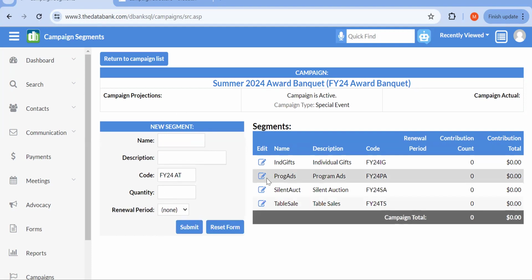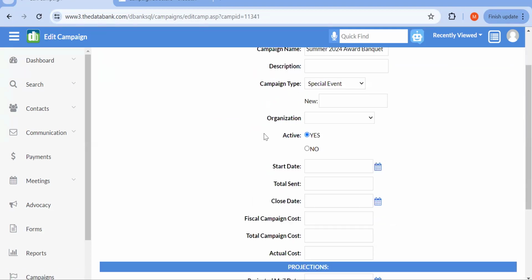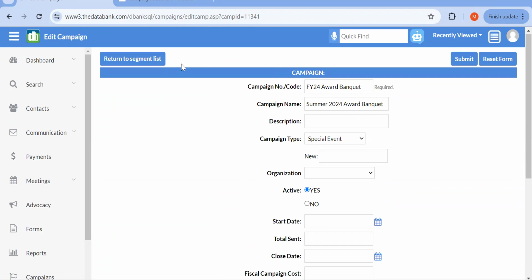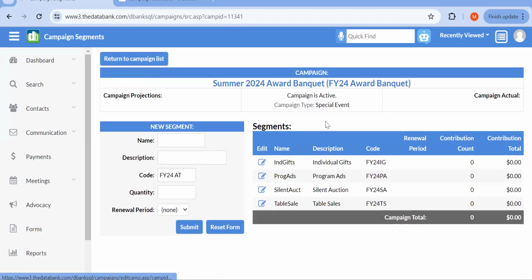And click submit. All right, so now we can also click on the title to go back to the same page that we were just under. But if I go back to my segment list, this is what we would get once we are done creating our campaign and our segments. Now that we've created it, we can start using this campaign. So whether that means attributing to an online donation form, or attributing to a meeting or event registration,